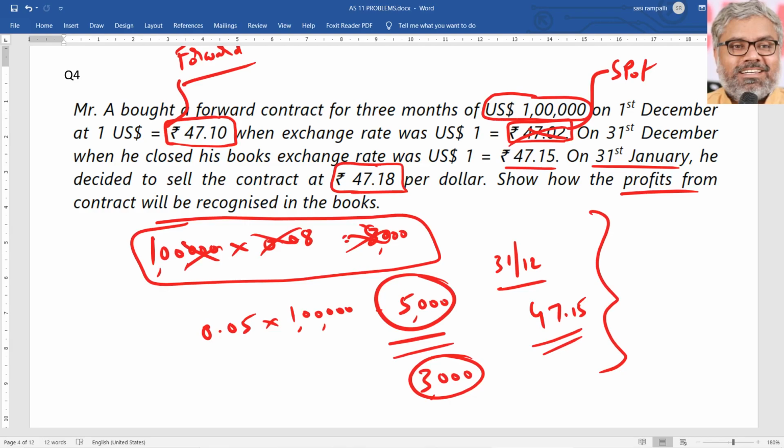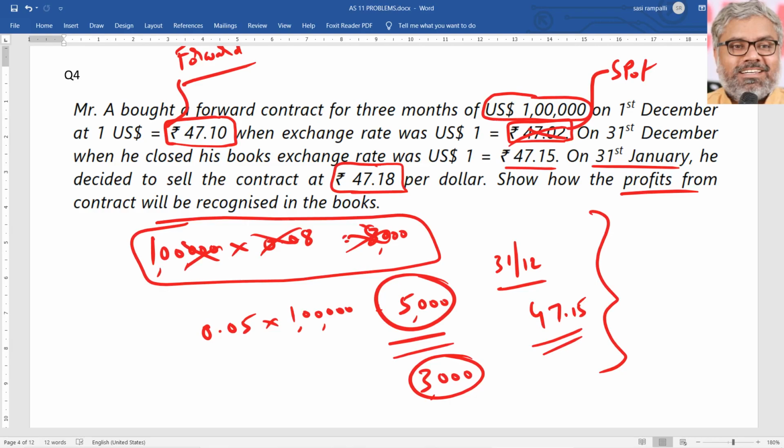Because the standard said mark to market, we can recognize 5,000 rupees on 31st December also. On the other side, alternatively, because there is no actual investment, no real asset coming, it is after all a signature that he has entered. Forward contract means what? He just entered into an agreement, that's all. He did not buy dollars. He bought a contract. He has committed himself that he will buy $1 lakh at the rate of 47.1 on some future date. What date, we don't know.